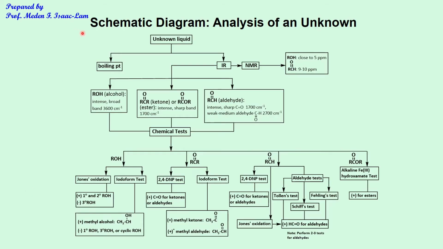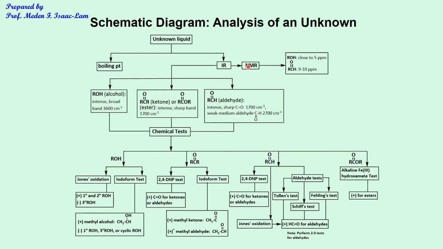This is a schematic diagram of what students typically would do to analyze an unknown liquid. Students are each given an unknown liquid labeled with a number. The first thing to do is to either do an IR or boiling point determination, and if the IR is available, you can collect the IR spectrum, and then after that collect the NMR